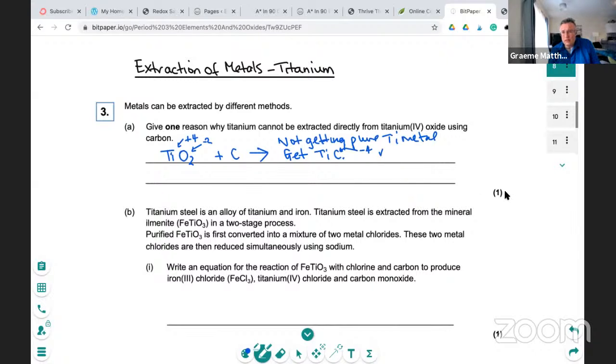Yeah. Now, for a mark, this was it, right? Hold on, question going in. Oh, I love the questions. Why can't you get titanium and carbon dioxide? Hold on, Letha. Why can't you get titanium and carbon dioxide? Because,